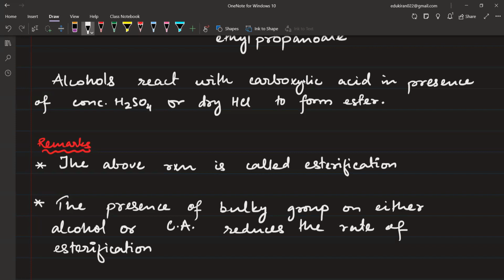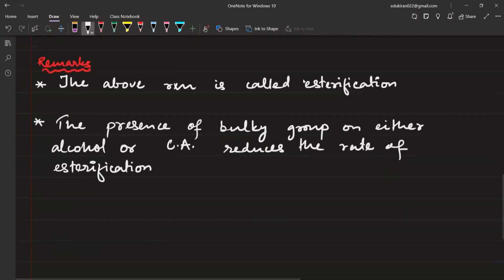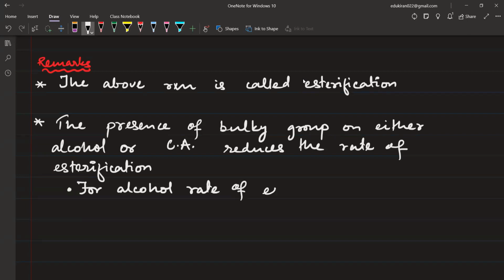Reduces the rate of esterification. Now, what does that mean? It means that for alcohol, the rate of esterification